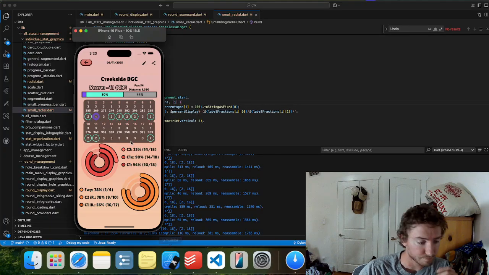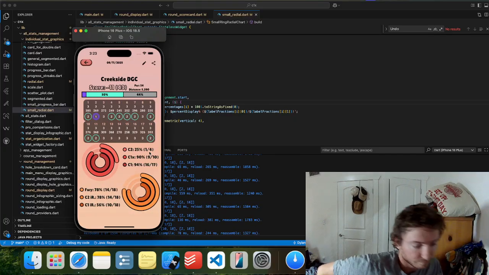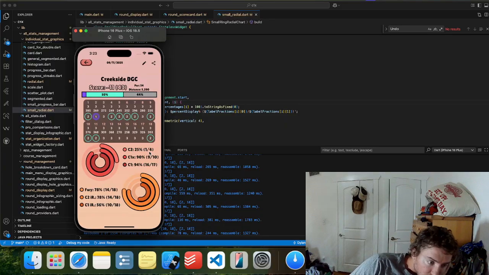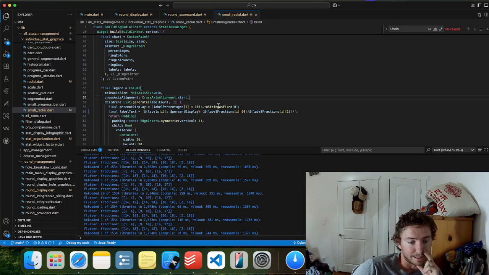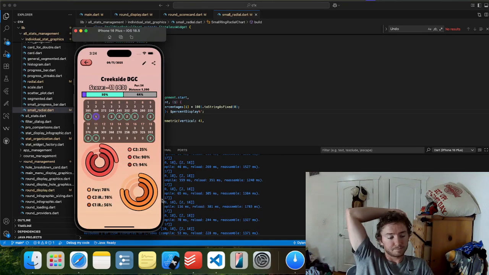Can I do that? There we go. All right. And it gives me the right numbers at least. It's like I gotta have them in there somewhere. But that is just a lot going on. I think that looks cleaner.